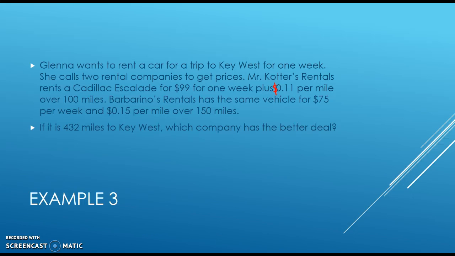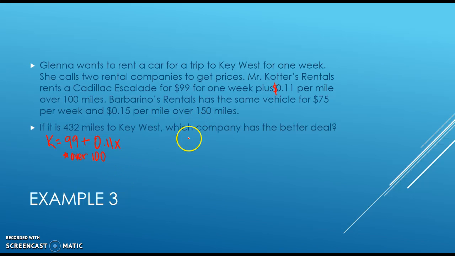All right, so first thing I'm going to do is write 2 equations, one for Mr. Cotter and one for Barbarino's. Okay, so for Mr. Cotter, I'm going to say K equals, right? His flat rate is 99, so no matter what, you're paying the 99 plus whatever the mileage is, right? And his is 0.11 per mile over 100 miles. Okay, so keep that in mind. So I got 99 plus 0.11x. All right, and we're going to keep in mind that this is over 100 miles because it's a little different